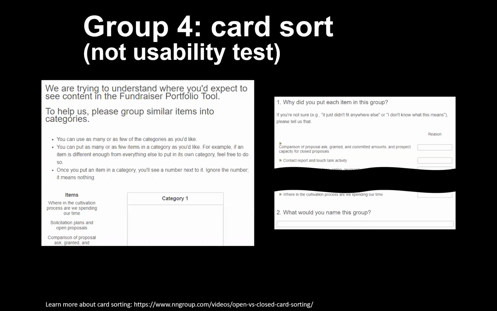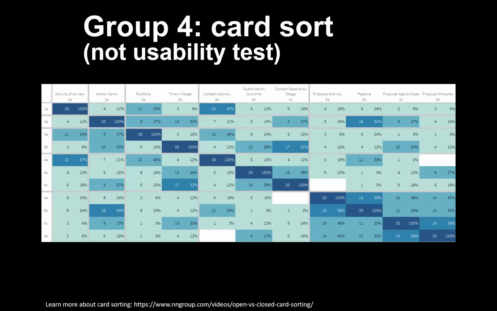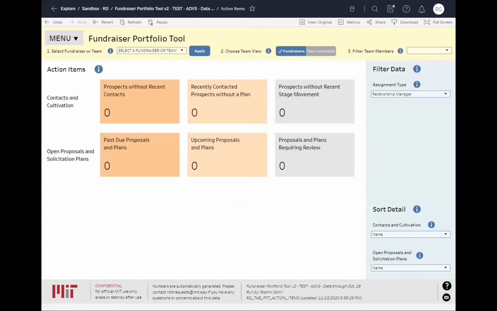So we did a whole series of card sorts. We had people take all of the tab descriptions and group them into categories and tell us why they grouped them. We saw where they grouped things similarly, because we weren't really sold on how that layout was. And what we ended up with was a single menu.